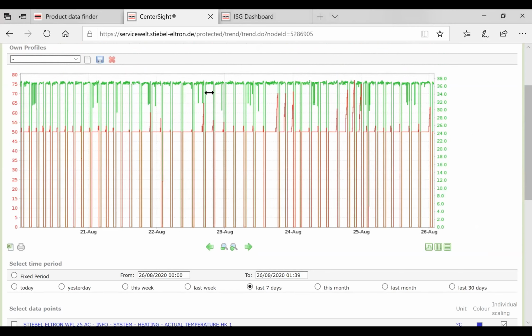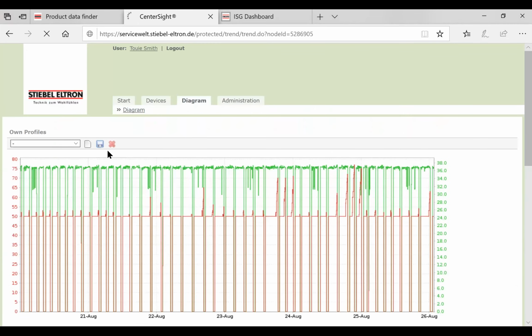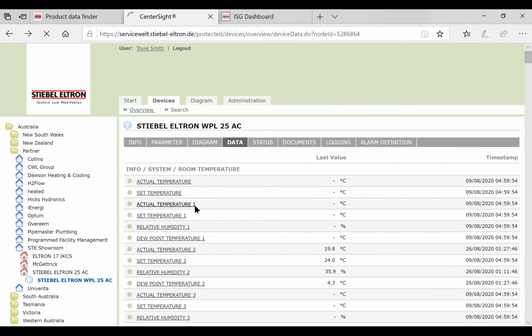So we could have an application where the water flow rate is 0, but we can see the WPM is telling the pump to be running. So quite often I do that. Quite often I'm looking at that type of thing. There are other typical things I'm looking at in the ISG. Very important ones I'm always looking at,